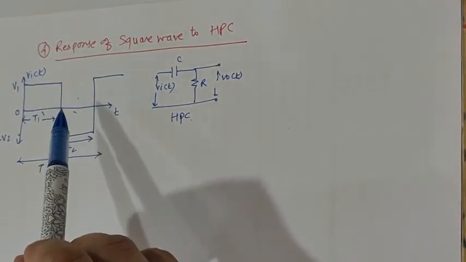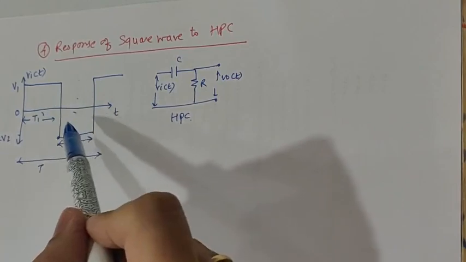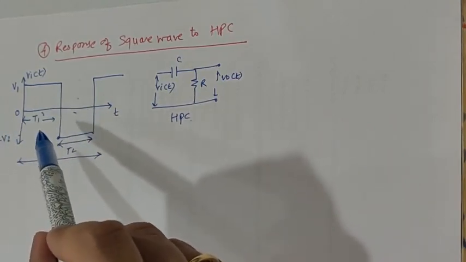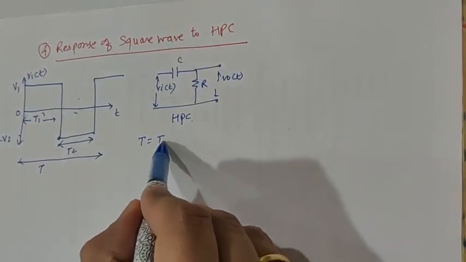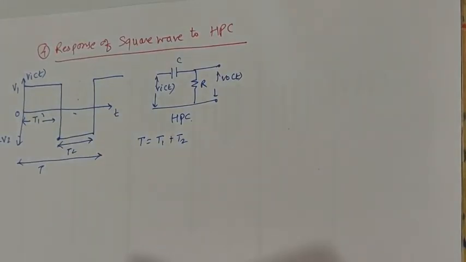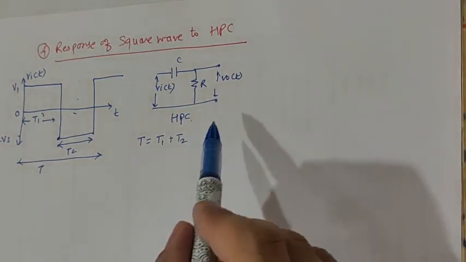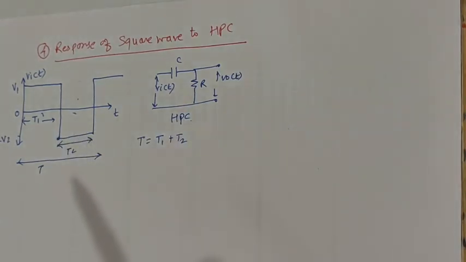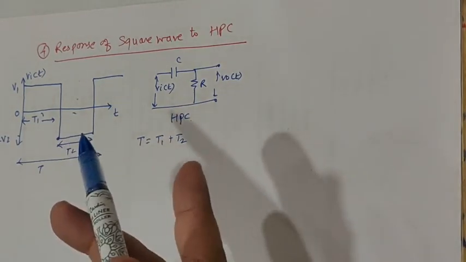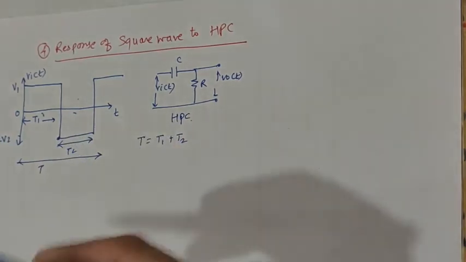If a number of pulses of alternate positive and negative amplitude occur with the same amplitude, then we can say that it forms a square wave. A square wave may be defined as a periodic wave having the time period capital T, which is T1 plus T2, and every cycle of which has the amplitude V1 for time period T1 and amplitude V2 for time period T2, as shown in this diagram. Okay, for the square wave the output is the same as for the pulse input, the only difference being that the output in this case is going to be repetitive, alternately negative and positive.